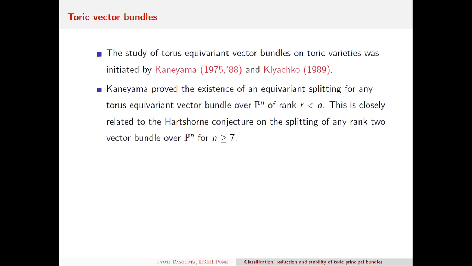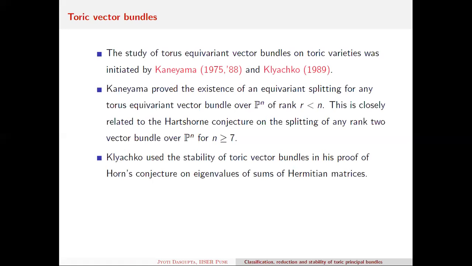Now, this was closely related to the Hartshorne conjecture, which deals with splitting of any rank 2 vector bundle over P^n, where n is greater than or equal to 7. And Klyachko used the stability of toric vector bundles in his proof of Horn's conjecture, which concerns eigenvalues of sums of Hermitian matrices. Now, since principal bundles generalize vector bundles,